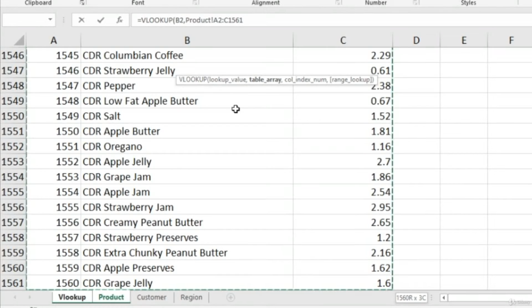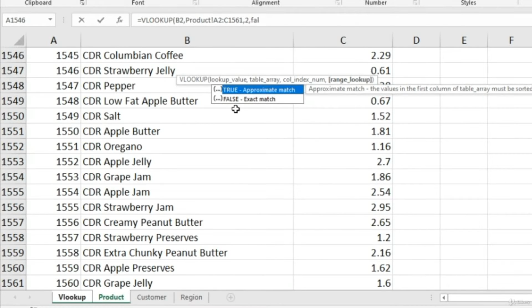And now I'll press comma again. And which column do I want? I want Excel to bring the data from column 2, and I will write false. Now you can see here Excel is telling you what false and true mean. False means exact match and true means approximate match, but don't worry about it. I will show you that separately in this lecture. Right now let's focus on just completing our formula. So I will write false, and